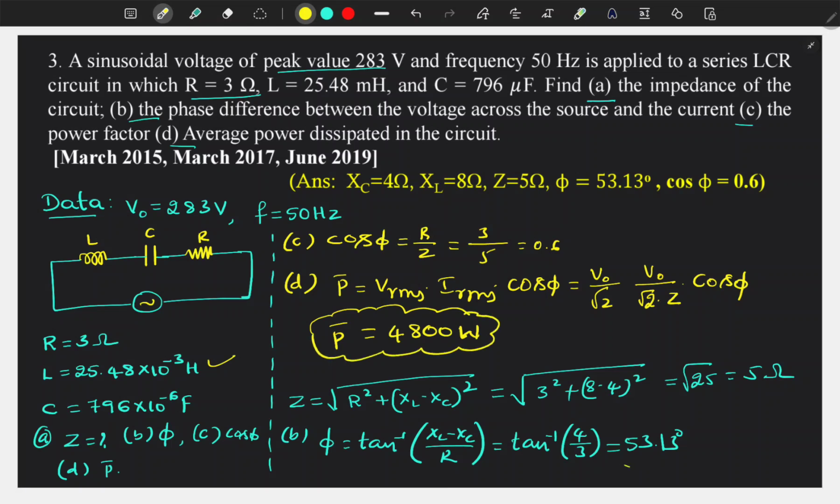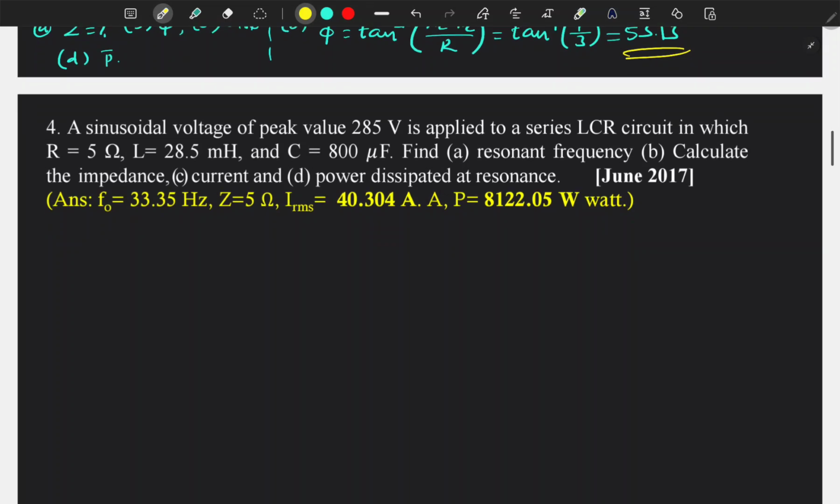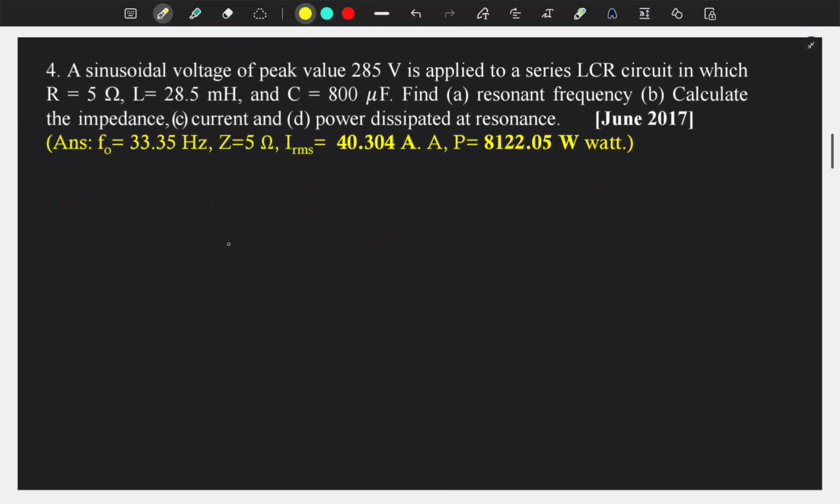Okay, so this is the answer for this question. So consider this question as your homework question. Try to send the answer in the